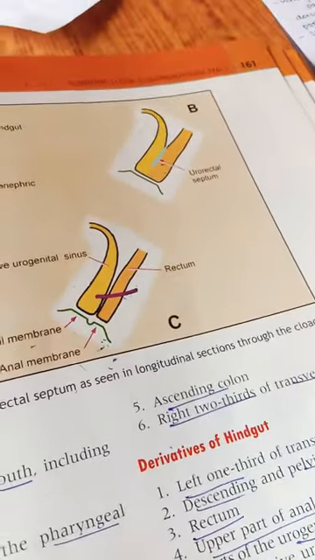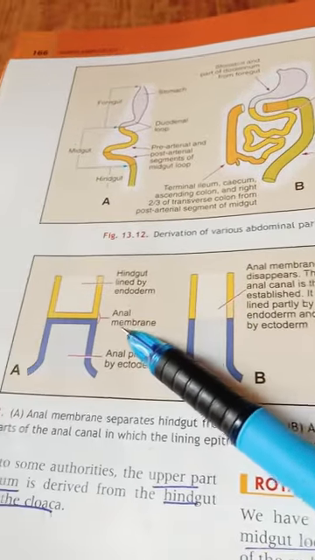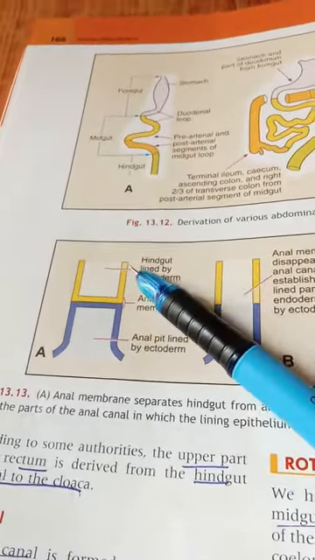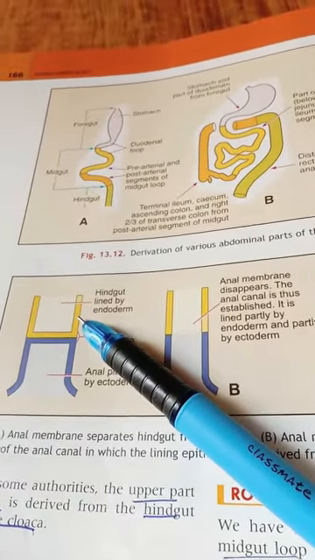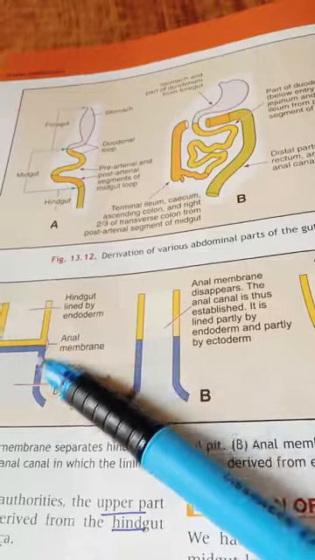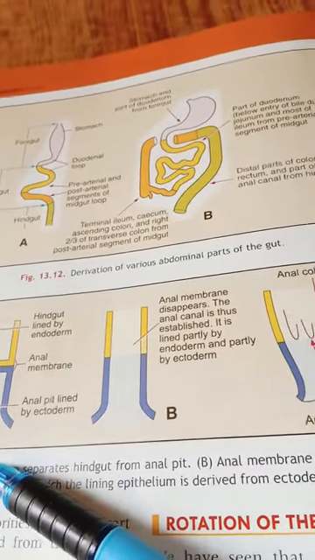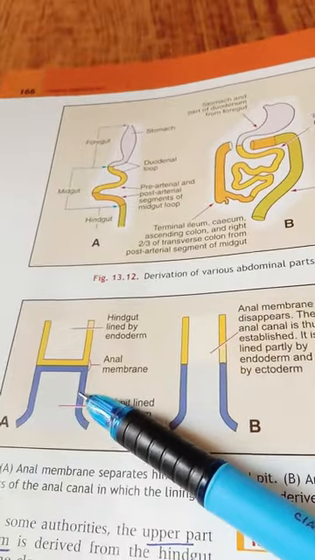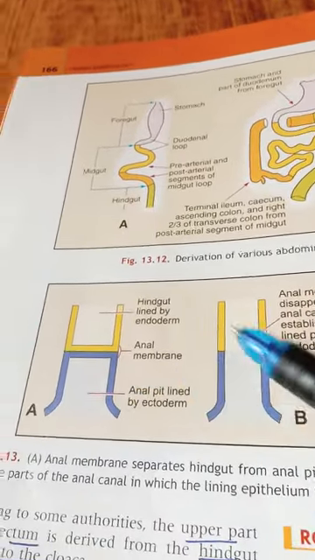And next, moving on to the anal canal. So this is our anal canal. The anal canal is mainly derived from the endoderm, that is from the primitive rectum. So we can say this is from the endoderm, that is from the primitive rectum, and partly from ectoderm. The ectoderm of the anal pit is nothing but the proctodeum, which has a line of junction between them. That line of junction is nothing but our anal membrane, also having anal valves. It is called the pectinate line.